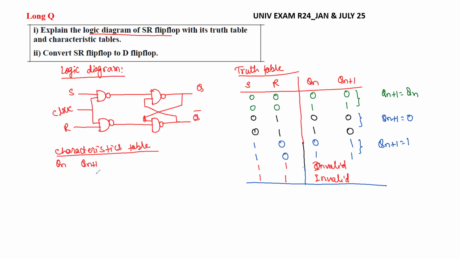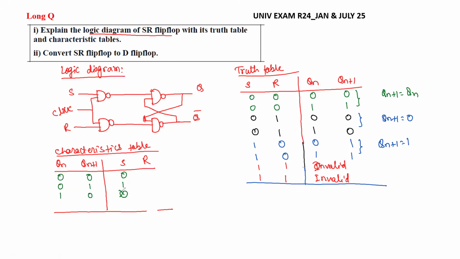So this you can also call the excitation table. This is very important when we require the conversion from one flip-flop to another flip-flop. So now here, Qn plus 1 is suppose 0. Then S is 0. When we have 0, 1, then S is 1. And when we have 1, 0,